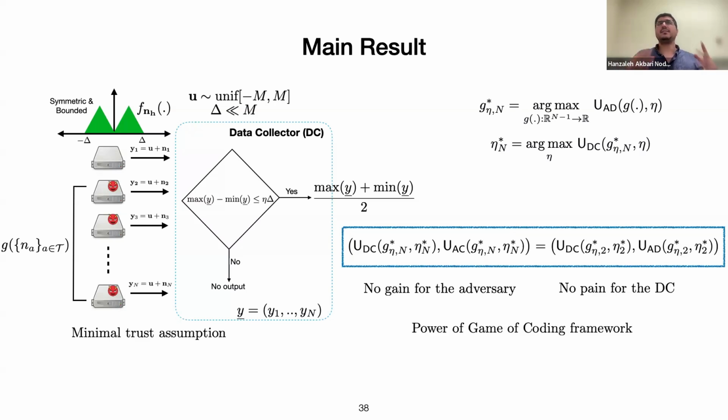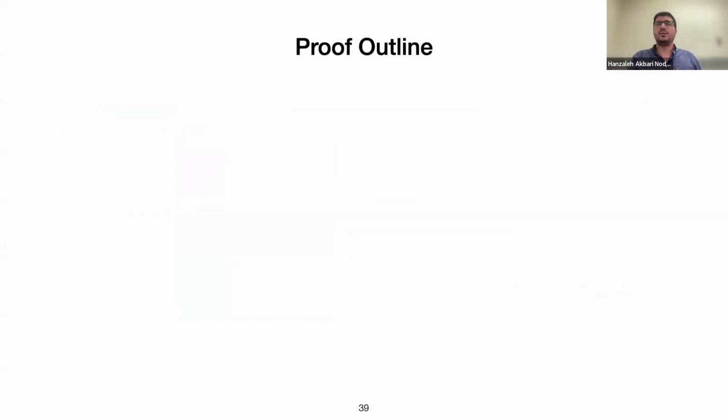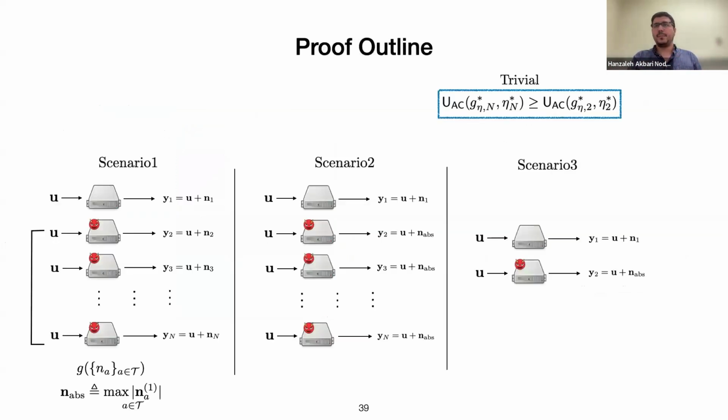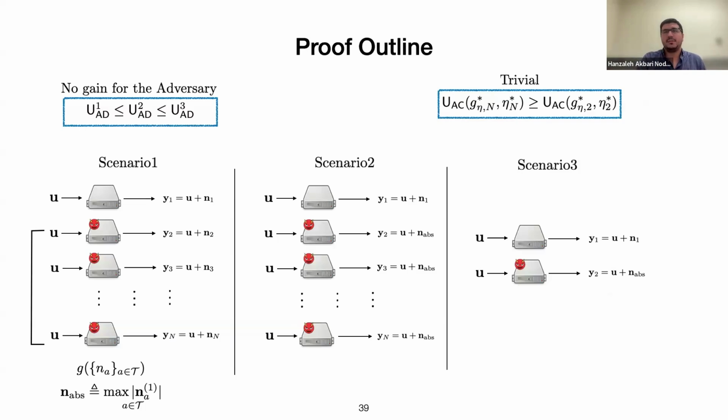Okay. And this result will show the power of the game of coding framework in decentralized application cases in which trust is a very scarce resource, and people do all sorts of crazy things, and you need to be careful about Sybil resistance. The adversary may have access to a lot of resources. But here we will show that we can define a system that even for these cases gives a very good result. Okay, and this is the proof outline. I'm not going to talk about it. If you're interested, we can talk after the meeting. Okay, that's it.